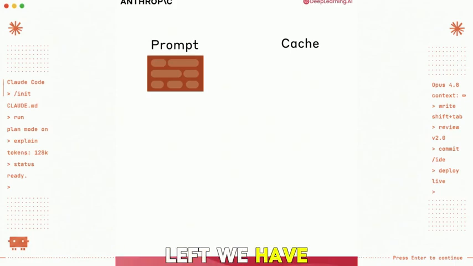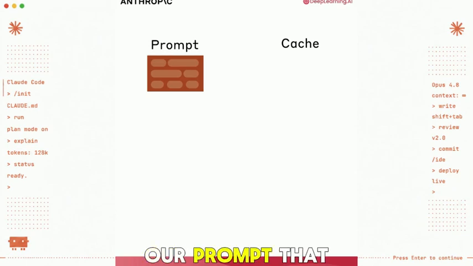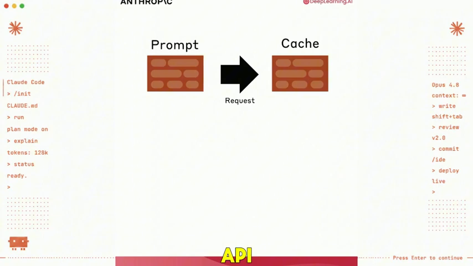On the left, we have a hypothetical prompt. I'm just representing it as shapes. So this is our prompt that we're going to send off. None of it has been cached to begin with. So we send this request off to the API, it's processed, and let's say that we decide to cache everything that we send off to the API. So at this point, we now have all of our prompt prefix, the previous prompt from our first request, stored